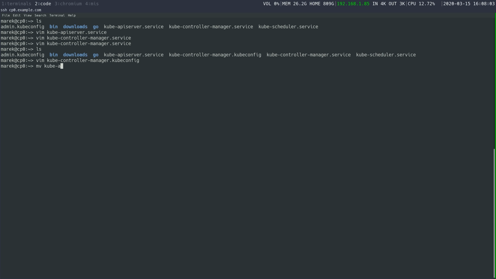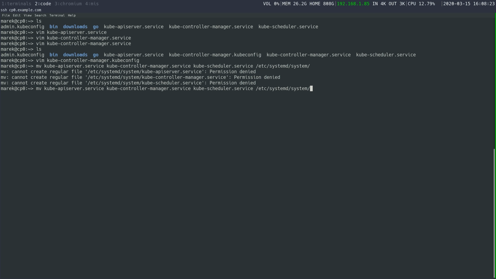So let's move the API server service, the Kube controller service, and the Kube scheduler service, all to etc systemd system. I want to use sudo. Boom. All right, so now that those things are moved over there,